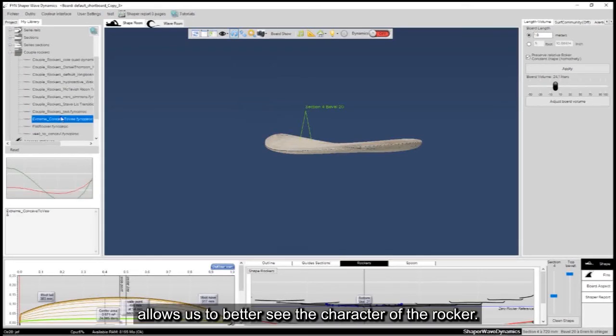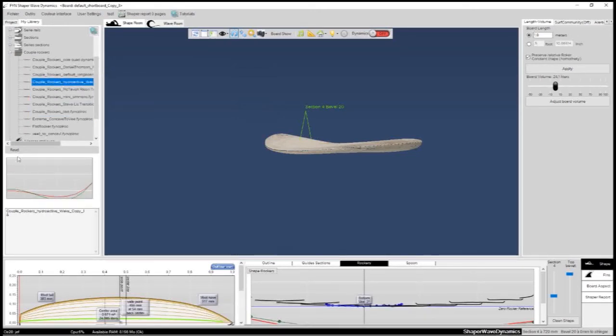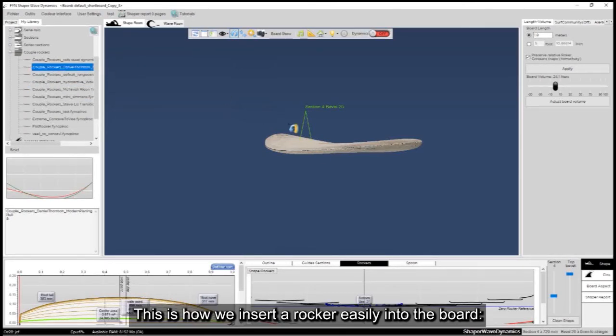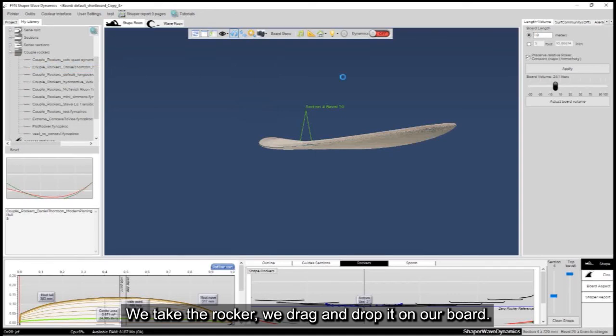Multiplying by 2 allows us to better see the character of the rocker. This is how we insert a rocker easily into the board. We take the rocker, we drag and drop it on our board.